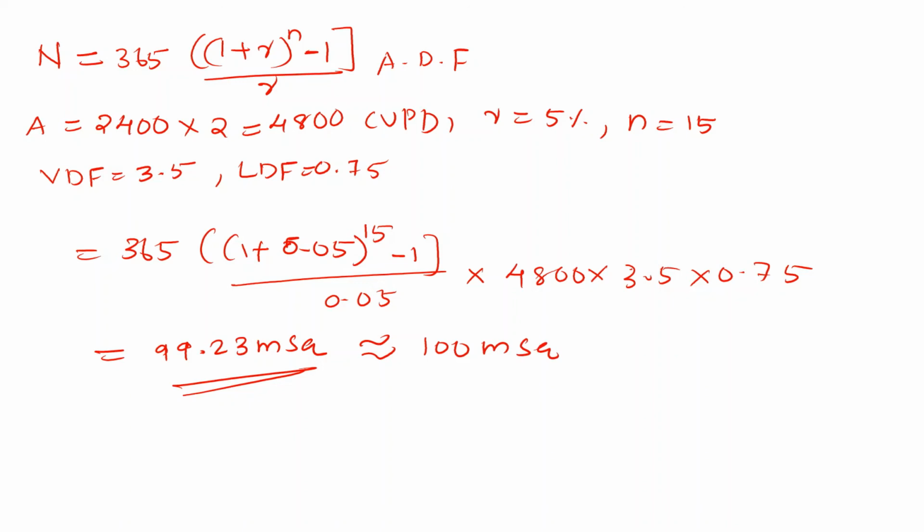Now they have already given a table. From that table we can find out the thickness of each layer. Just take the value corresponding to 100 MSA, and you will get the thickness of each layer directly from that table. So find out the thickness and draw the diagram like we drew in the previous problem. This is also a university question, so try to work out this type of questions.